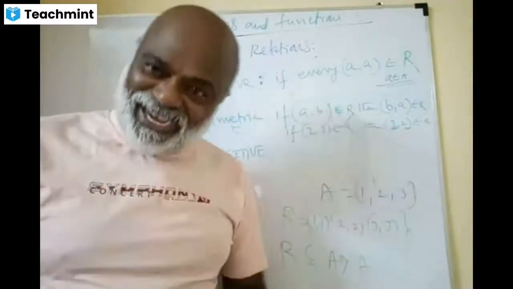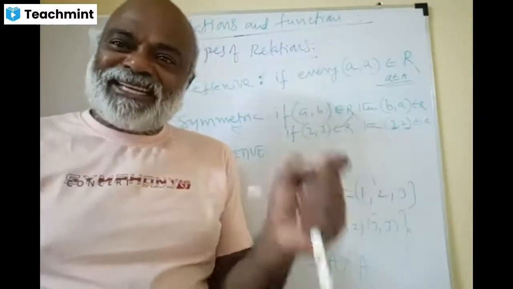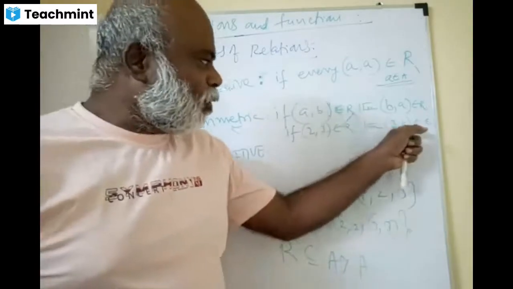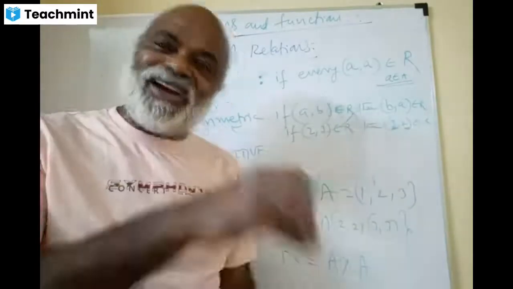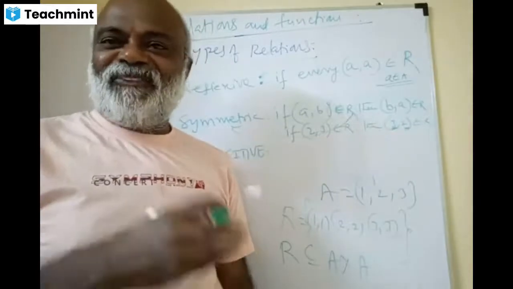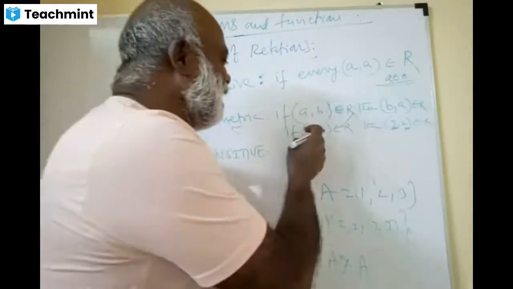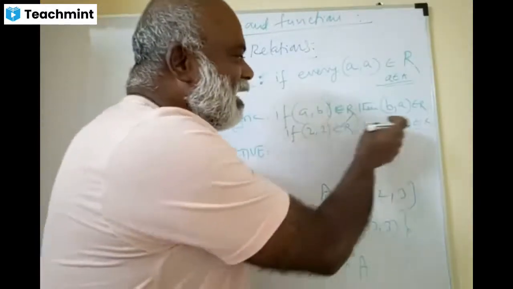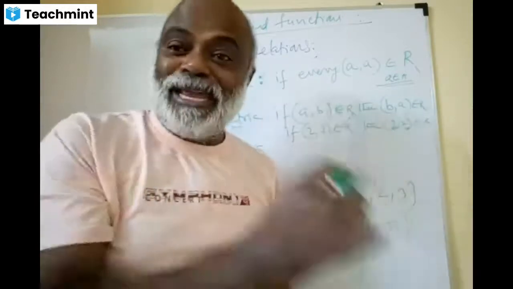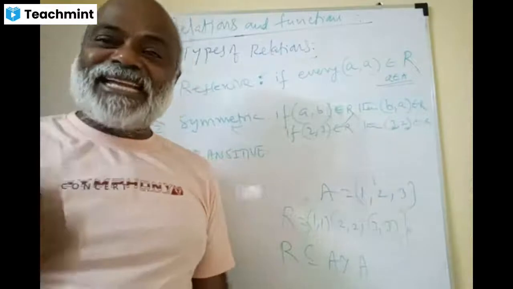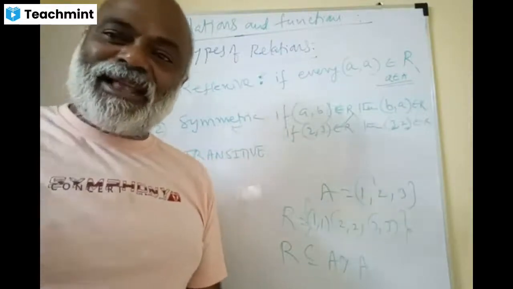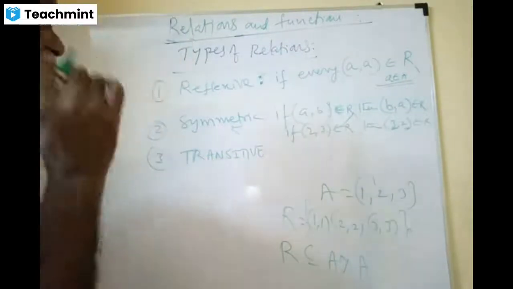But the relation is defined whether (3, 2) is a defined relation or not. If it is a defined relation, like a is less than b, here also it should be that a must be less than b. If that is the case, then we say that it is a symmetric relation. Okay, that is the second one.